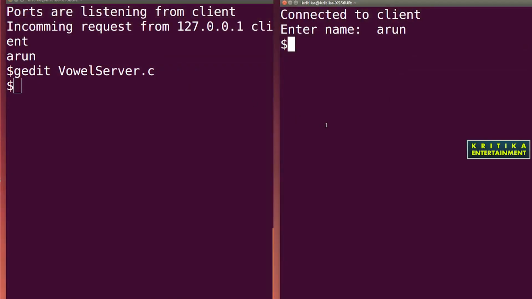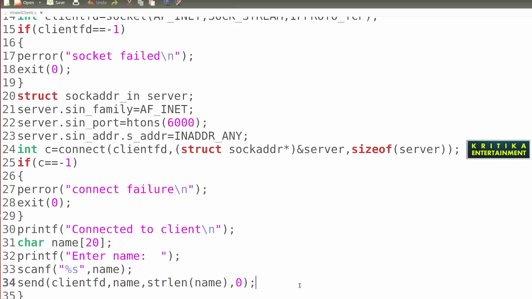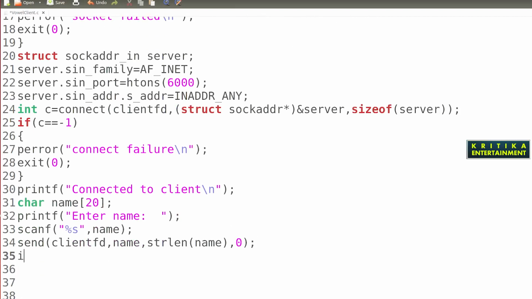Then I'll move to the client side. It is also the same thing. Here write int k, and k is equal to receive. One by one character it will receive, so write the client fd.